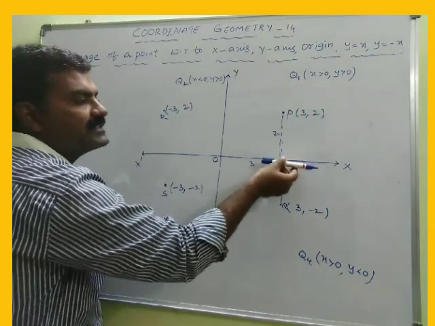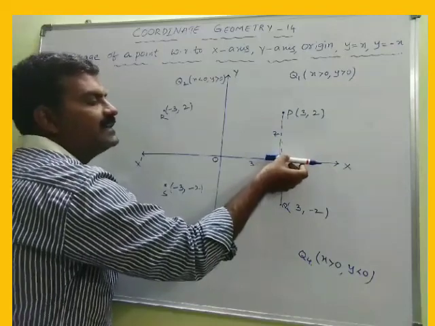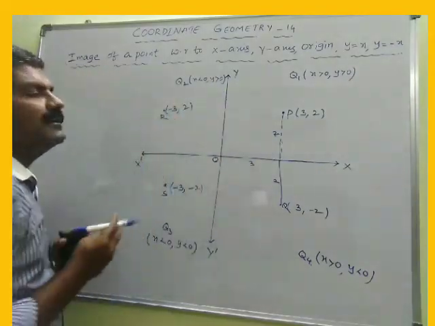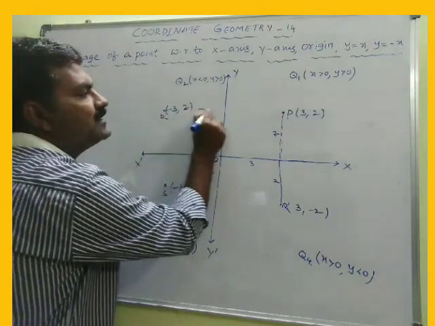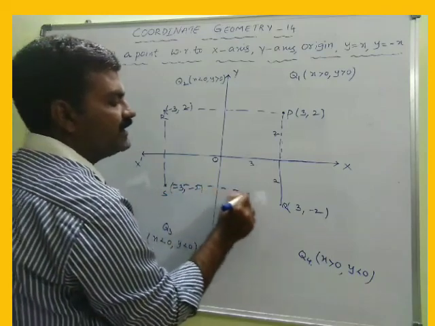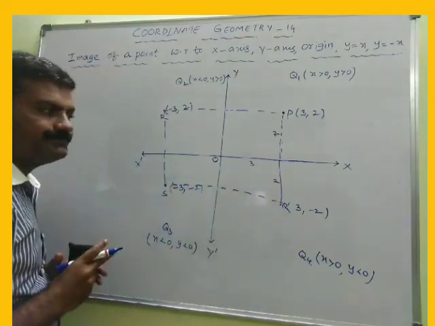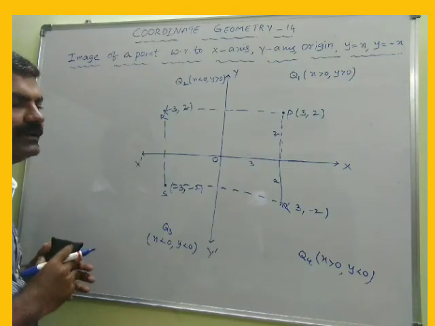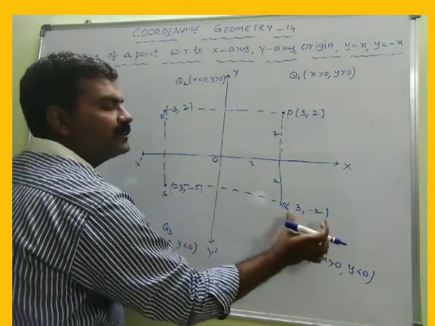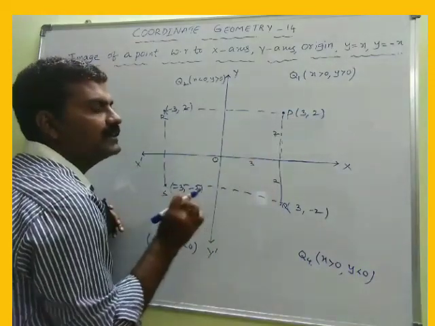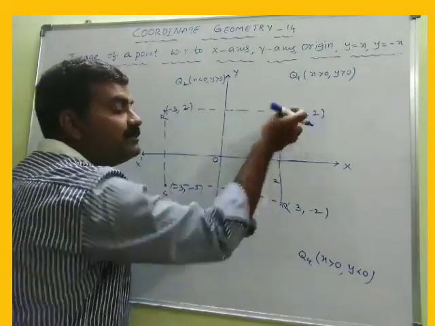So with respect to the x-axis, the x-axis acts like a mirror. With respect to the y-axis, the y-axis acts like a mirror. Now if you join all these points P, Q, R, S, then there exists a rectangle. There exists a rectangle clearly. Now, what I said earlier, Q is the image of P. Not only that, even P is the image of Q.